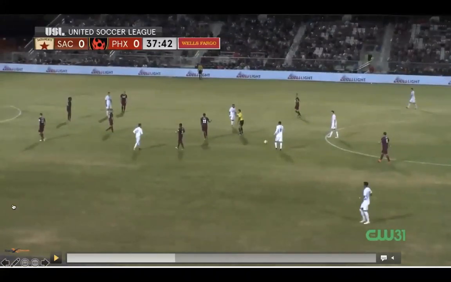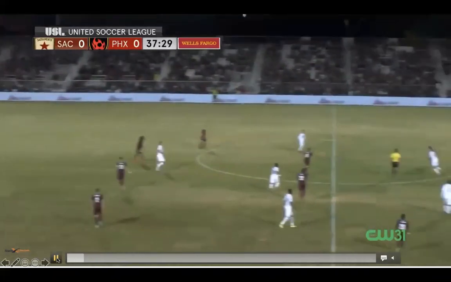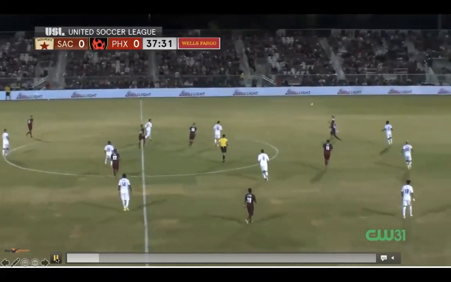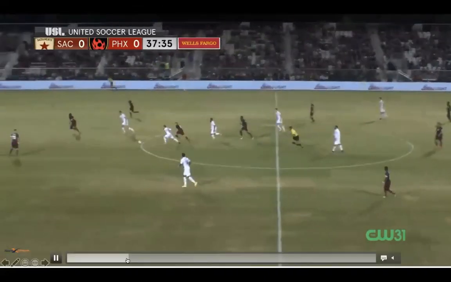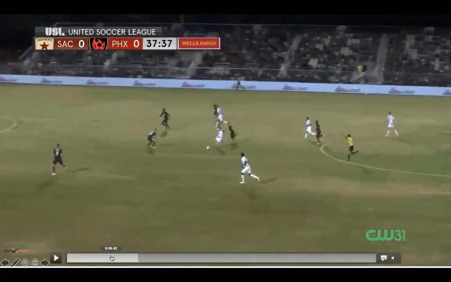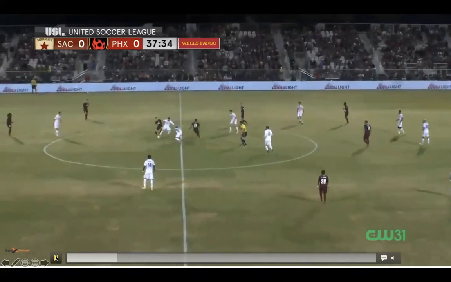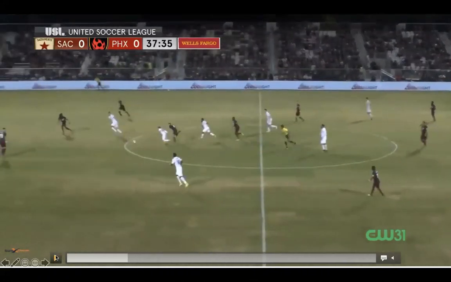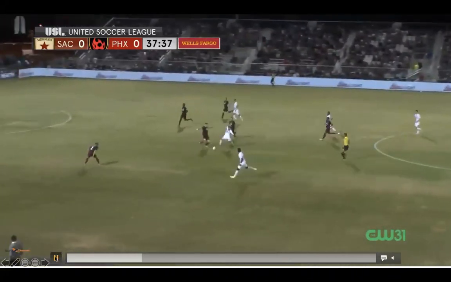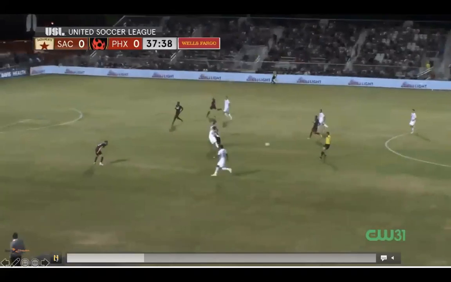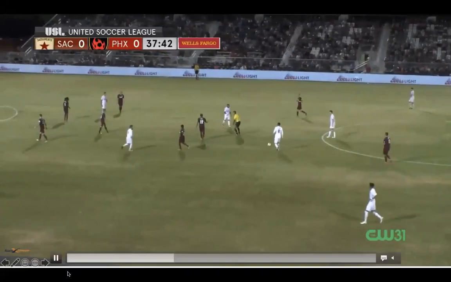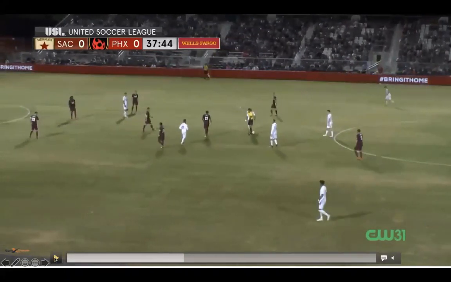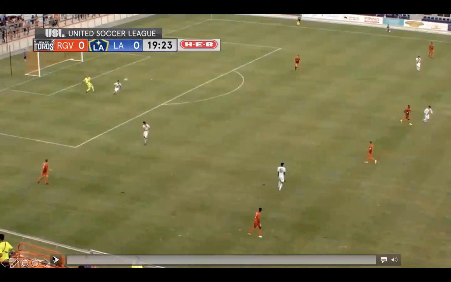So another good example of just waiting when the ball's in the middle of the field here. Foul happens here. I'm going to wait and see what happens for a second. Boom. Yep. Okay, we can play advantage. And then once he plays advantage, the player gets held here. And now he does another wait and see, recognizes that no advantage can be developed there, and comes back and awards the foul. That's a Cal North referee for what it's worth. So a very good couple of wait and sees. And the last one.